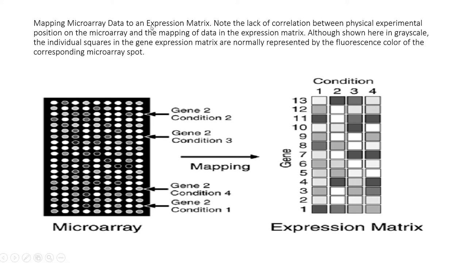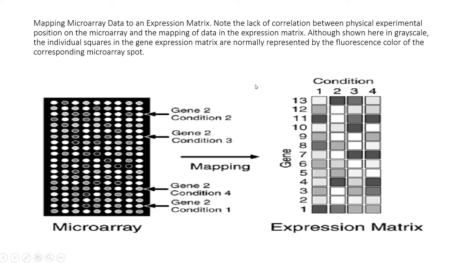So here you can see microarray data to an expression matrix. Note the lack of correlation between the physical experimental position on the microarray and the mapping of the data in the expression matrix. Here you are not able to make the correlation between this and this. So we have to see how we are going to process that. Individual squares in the gene expression matrix are normally